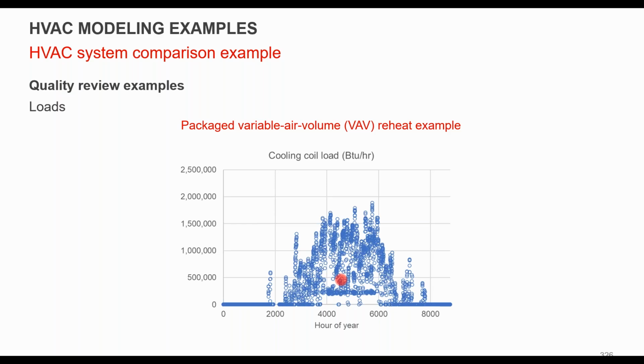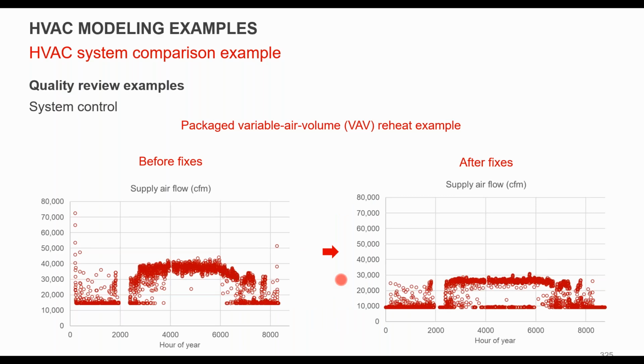We talked about unmet hours. Are these graphs typical for simulation? That's a great question. These graphs are all generated from an hourly report. In this case, we've taken supply airflow as a data point for the main, this large VAV rooftop unit. We've taken an hourly data point, which is an output from the model every hour, and plotted it on a line graph. So this is every single hour of data.